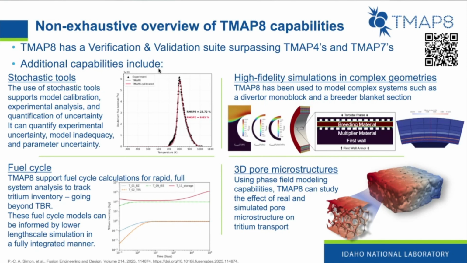Some other tools that we have available in TMAP8 is the stochastic tools. So Moose has a stochastic tools module that we can directly couple in TMAP8 quite seamlessly. So that can help for calibration, for example, of model calibration. It also helps with quantifying sensitivity, quantifying uncertainty, and they have a lot of capabilities here that can be used